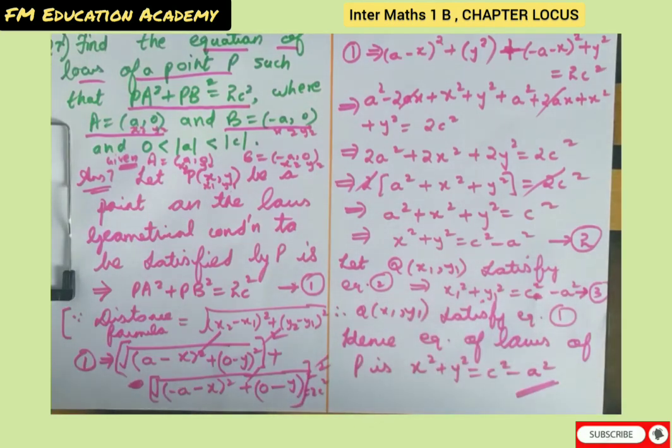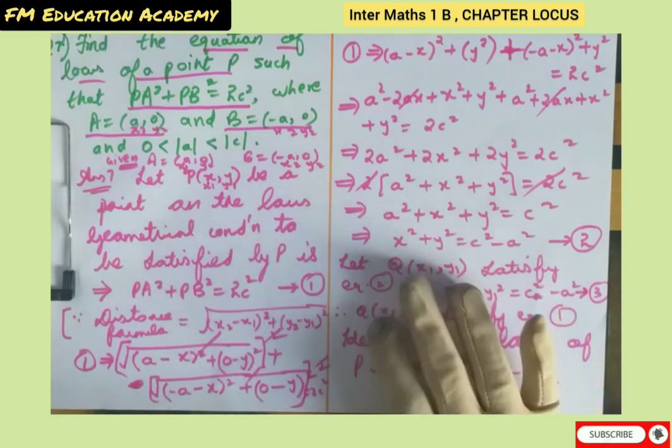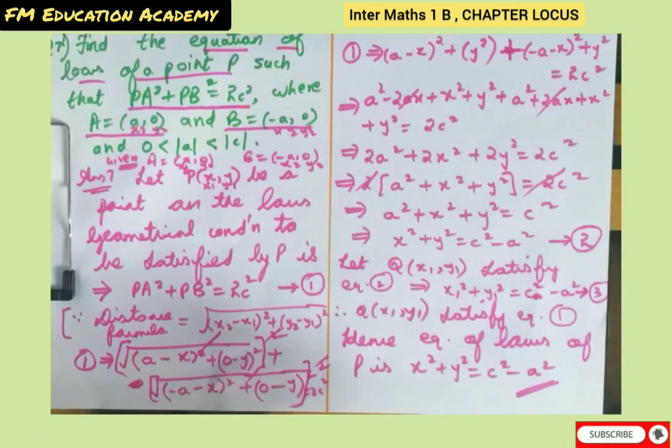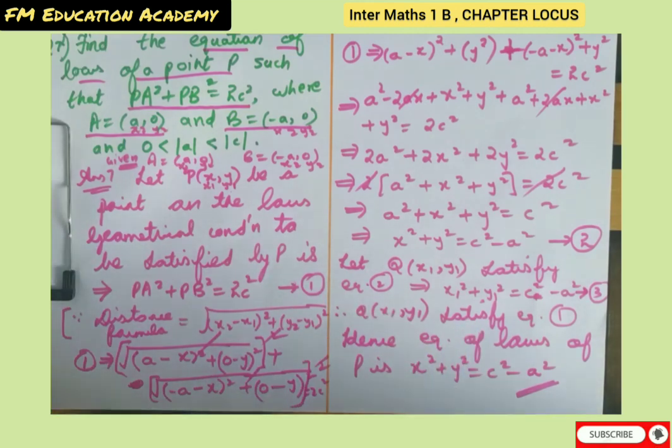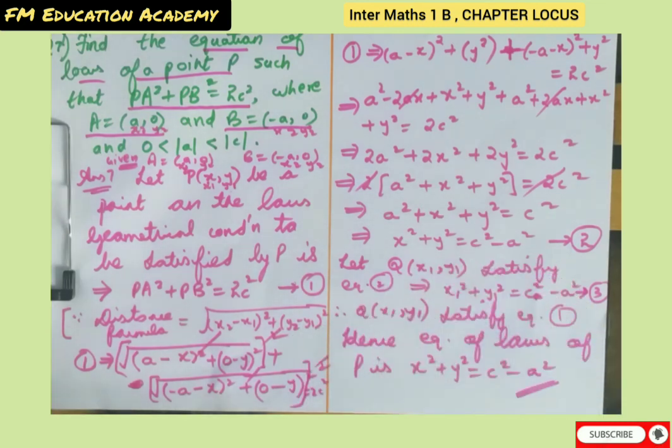I hope you have understood all these sums. So as I promised in the video at the beginning, that I'll say you something important. See, why we are doing verification q x1 y1, I did in all sums except this sum, because it is given in the examples in the textbook. I have seen many times many students in students books that they don't do verification, or even in other books verification is not done, but we all have to always follow the textbook. In textbook verification is done and they are taking the point q x1 y1 and they are verifying. So that is the reason why I am also taking q x1 y1 and verifying. So you also follow that.